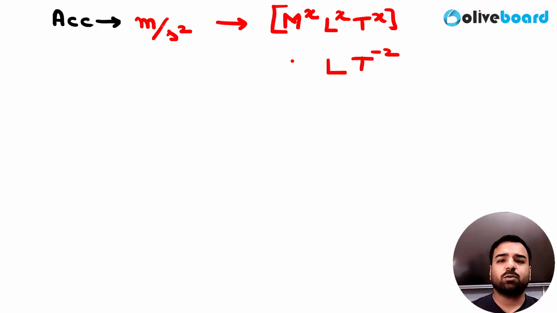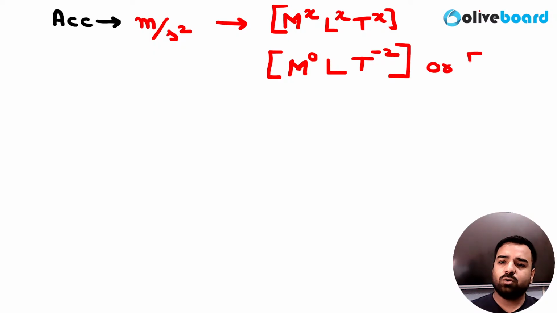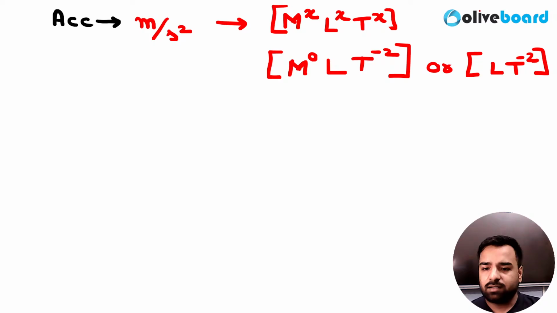And since mass is not there, it will be M0. So in the examination, either you will get the option as M0 L T minus 2, or you might get it as L T minus 2. So let me check how many of you answered this. Nani, Aviral, yeah, that's correct. So L T minus 2, yeah, you all were correct. So this was the basic one, before making it complex. So Kotesh and all, I want this answer from everyone, Adi.